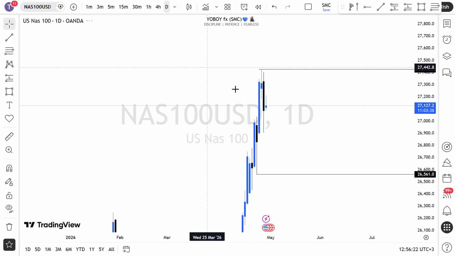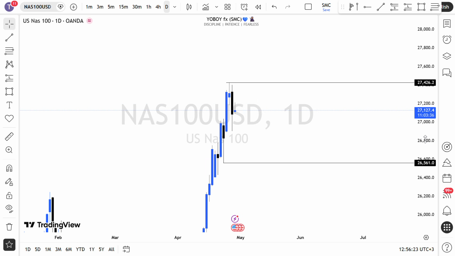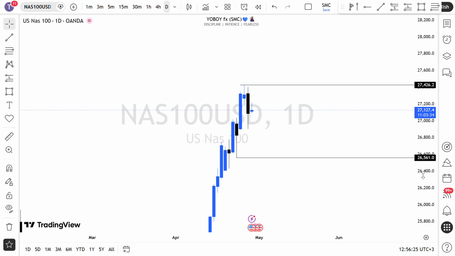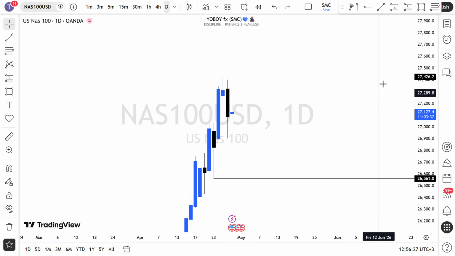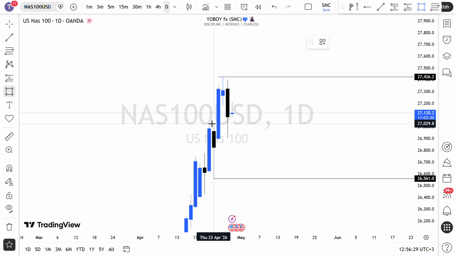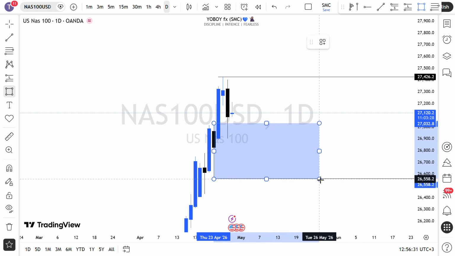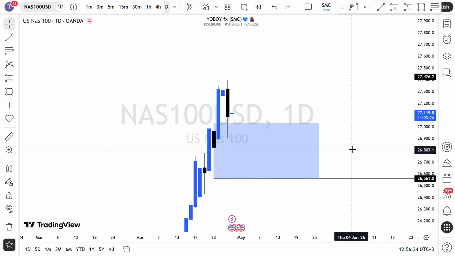So the price came into this daily order block. We have a very good order block that price left behind last week. So this was the order block here. This was the order block, and price had left also a very good fair value gap. So I expected price to drop into this order block, and then we look to buy and target the